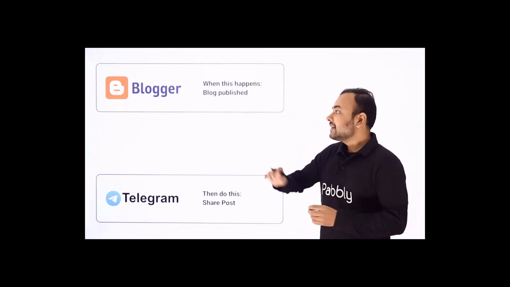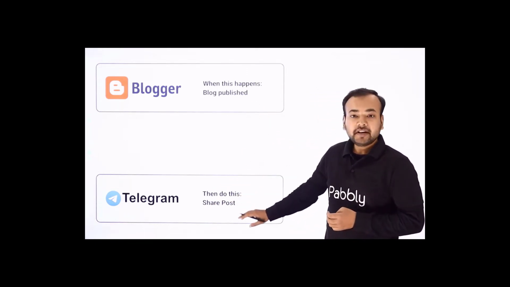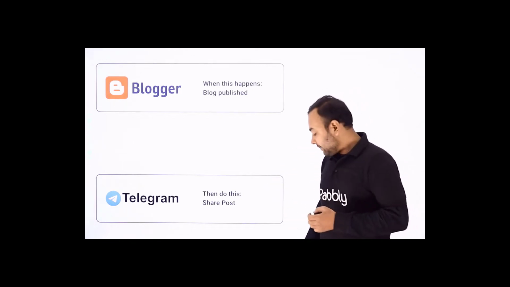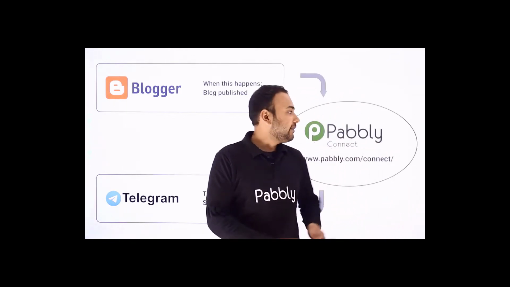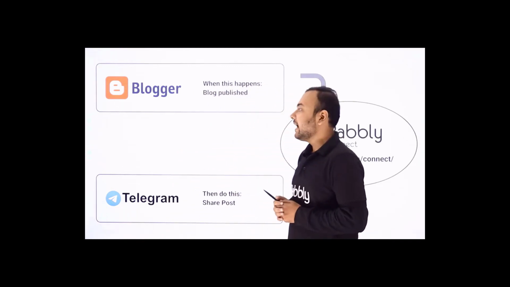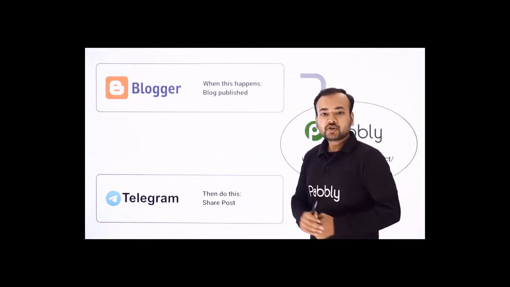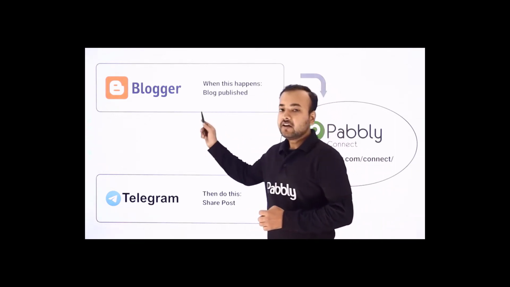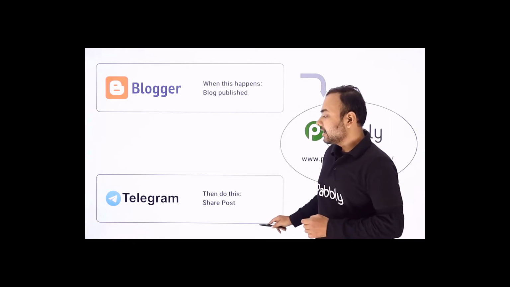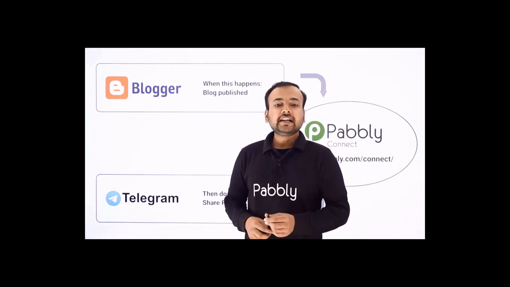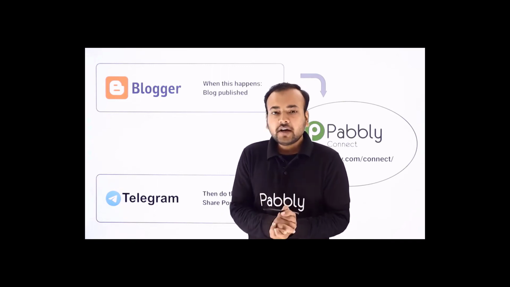But the issue here is there is no direct connection present between Blogger and Telegram. So to resolve this issue, the application I am using is called Pabbly Connect. Pabbly Connect is an integration and automation software, and it will connect these two applications together such that whenever you publish a blog here, the link of that same blog will get delivered here in the Telegram group as a new message. And guys, the best part of setting this automation is that you will not require any coding